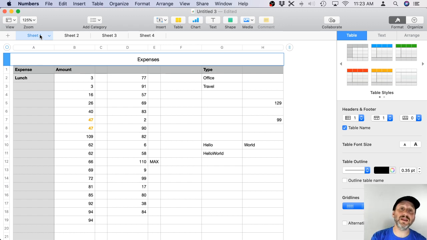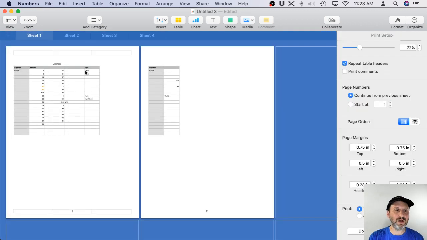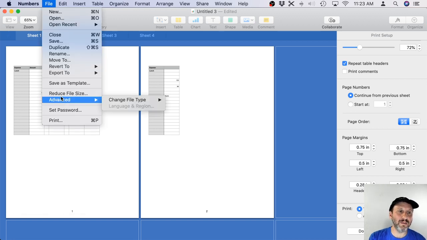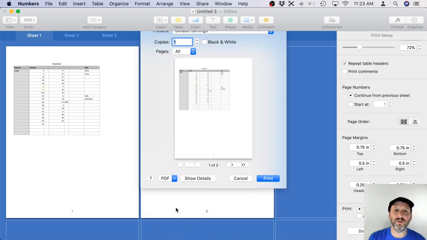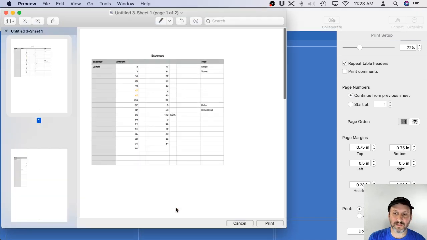Print a selected area. That's tough. Really, Numbers isn't really built for printing. If I go to print here, you can see, it's kind of like that. There's not too much you can do. One of the ways you can do it is you can go and say print, or just hit the print button here, and then open in Preview. And then in Preview here, you can